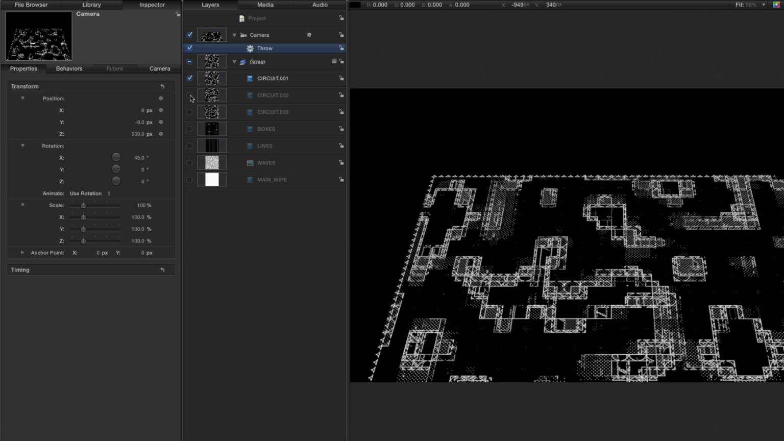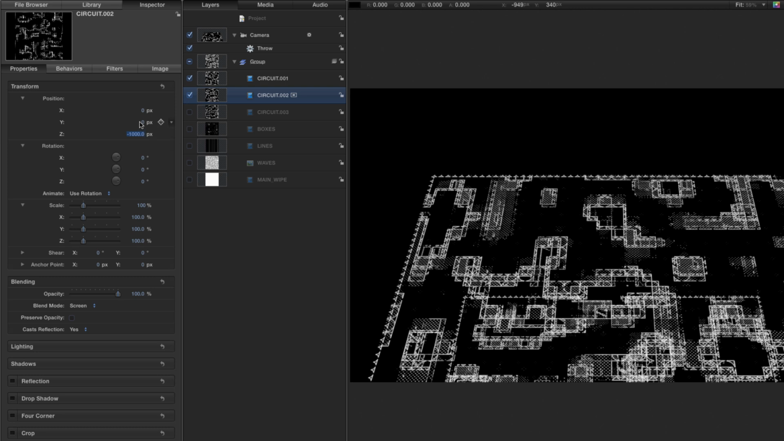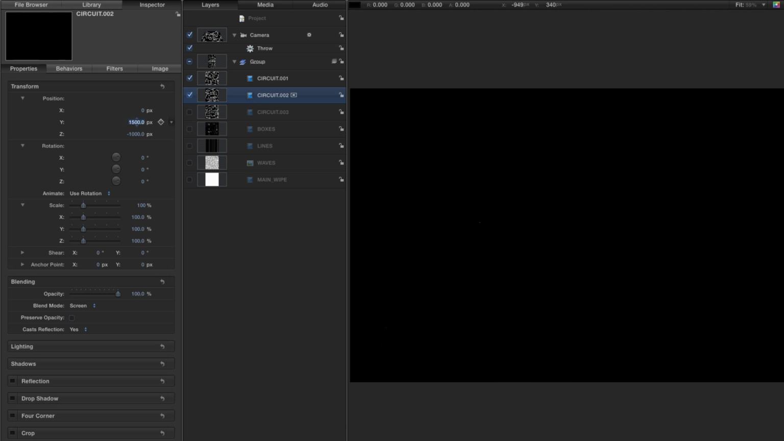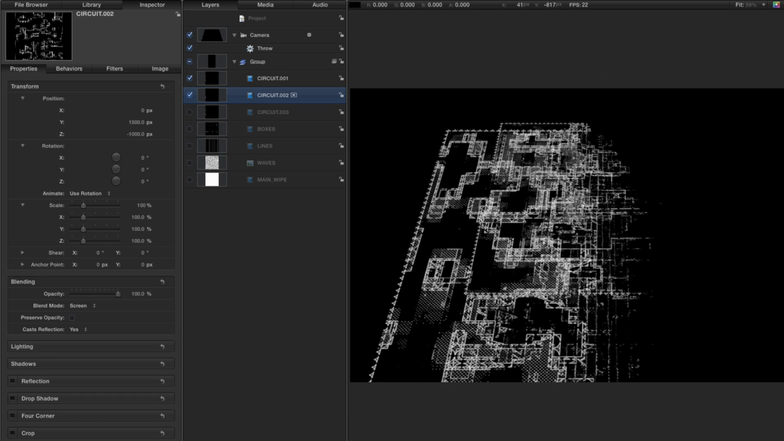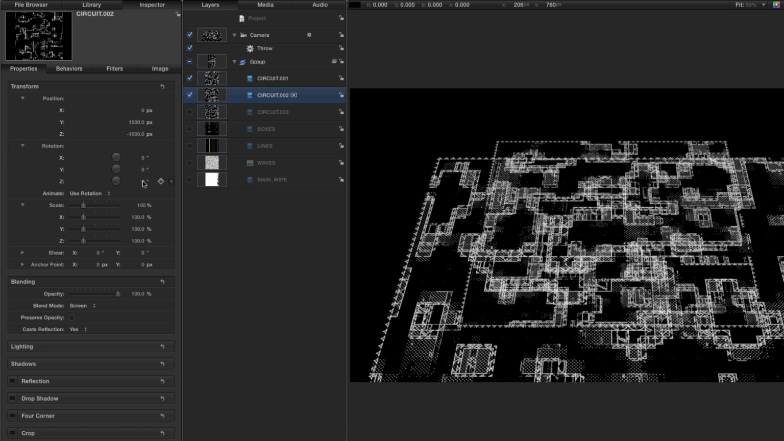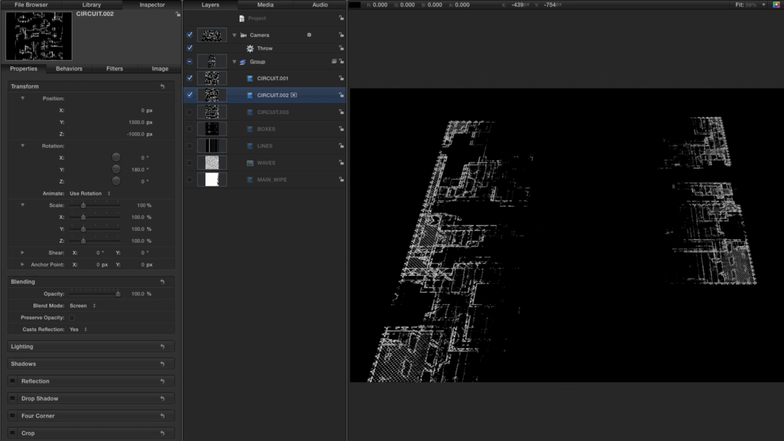Let's now turn on circuit 2, and let's come to its Z position and set that to -1000. And its Y position, also set that to 1000. Actually, let's go for 1500, just to be a bit more interesting. And we're getting a nice bit of parallax on that. Okay, let's also rotate it through 180 degrees on Y, and that'll make it write on from the opposite direction